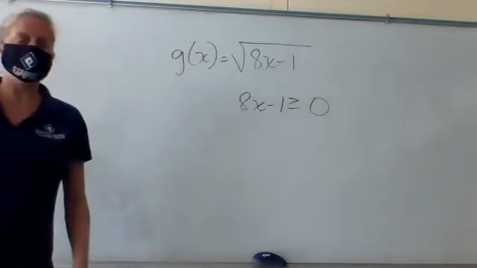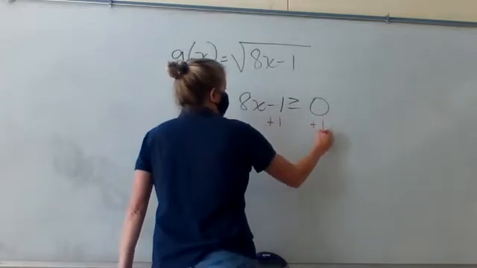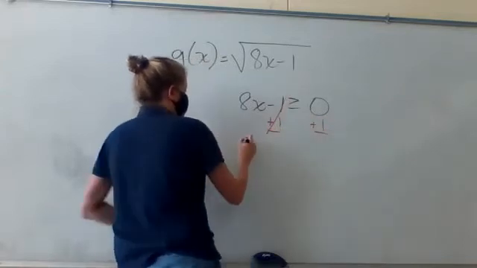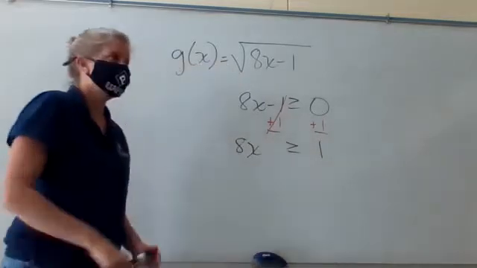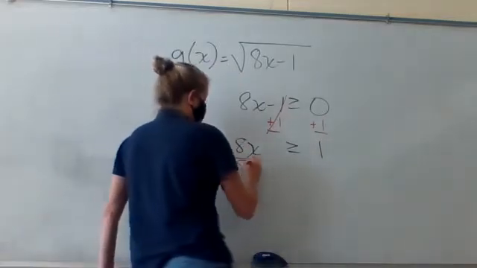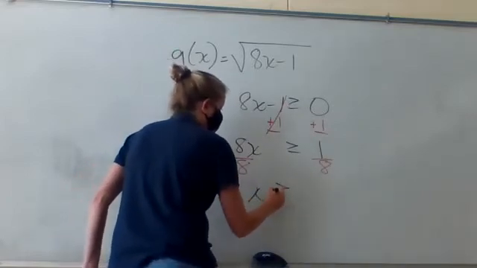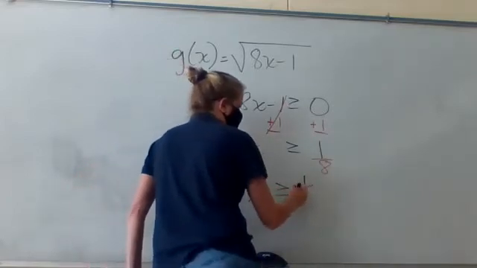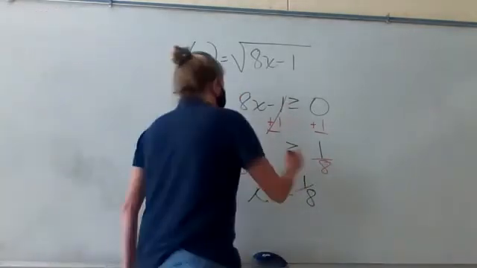It needs to be greater than or equal to 0. Well, let's solve it. Add 1 to get rid of the minus 1. So 8x is greater than or equal to 1. If I divide them both by 8, now I know that the x values have to be greater than or equal to 1/8, which means this shape